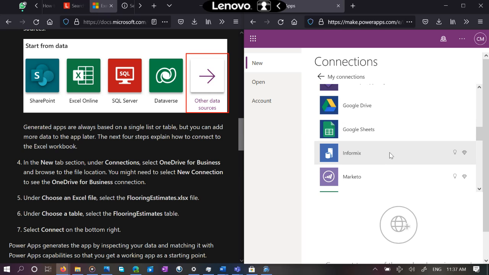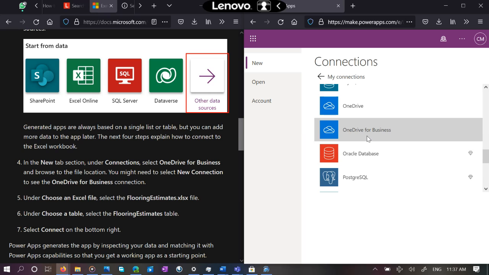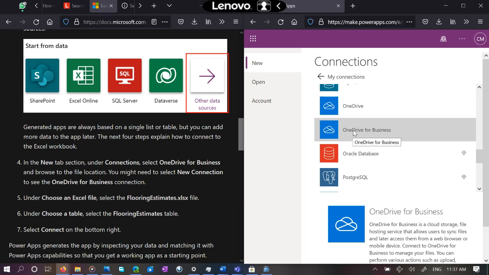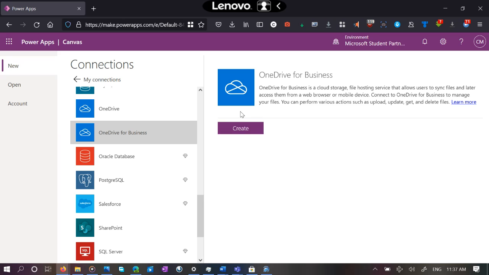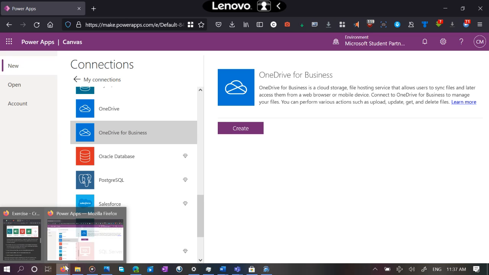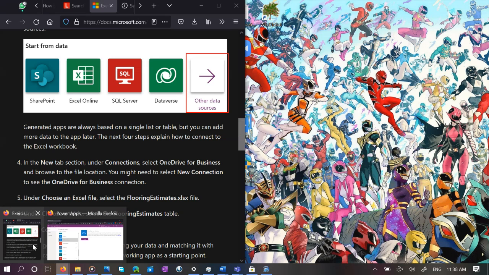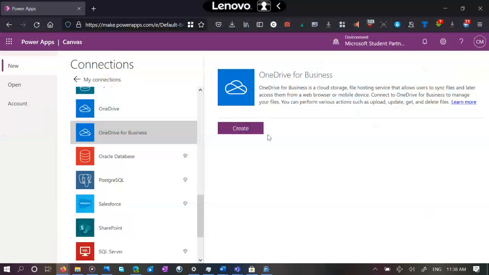Okay. By the way, we have a Google DSC member here, and he's clearly happy that he sees Google Drive and Google Sheets connected. Ignore him, he doesn't matter. Anyway, so let's connect to OneDrive for Business. Please, let's select OneDrive for Business, I mean. Okay, so yeah, hello. Am I supposed to click something else? I'm sorry. Oh, yeah. Okay, sorry guys, I had to go into full screen. So I'm near certain, just a double check for you guys. Yeah, collect and choose. Yeah, we can just create that connection. It's fine.